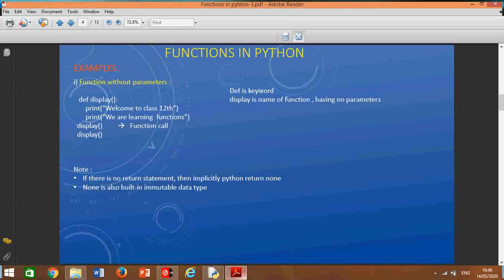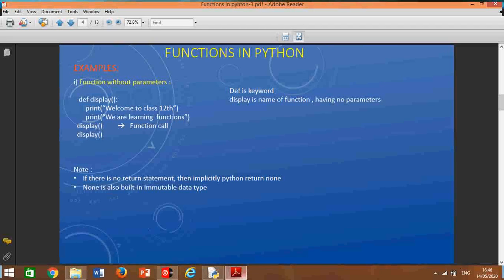So let us take the first example, a function without parameters. Here we are defining the function. We have already defined functions in my previous session. A user defined function is defined using the def keyword.